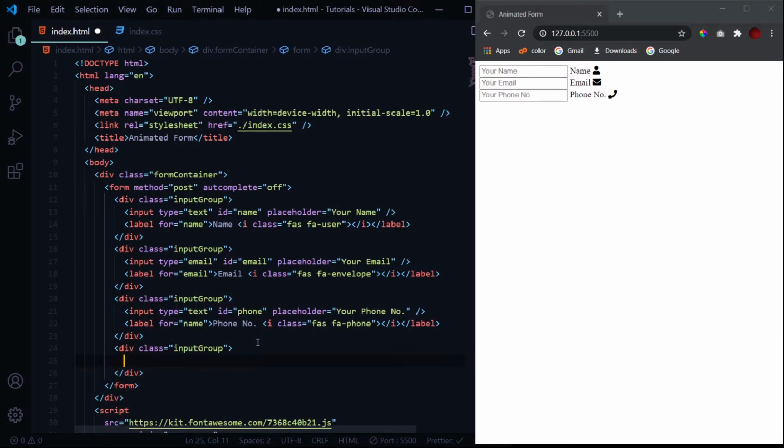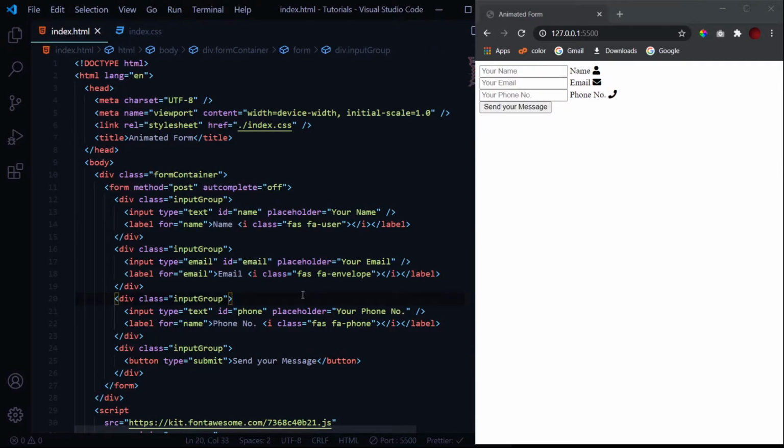Now at last the button with the type submit. Actually we don't need the name, we just need the button. And let's give it a text of something like send your message. So this is all about the HTML part.